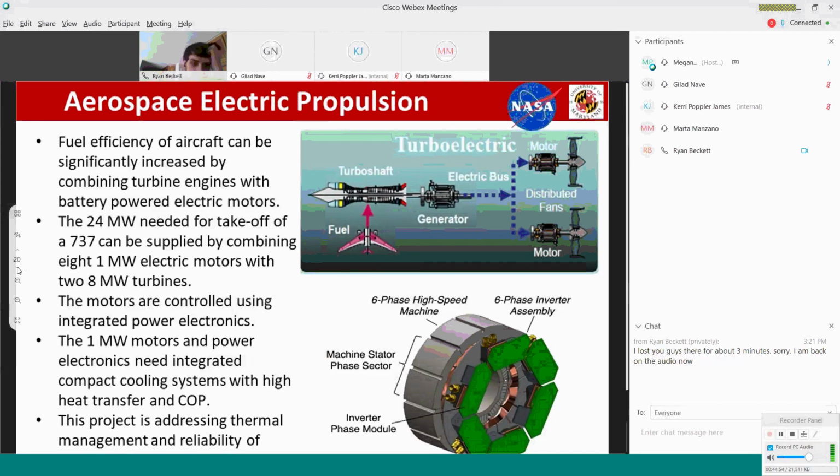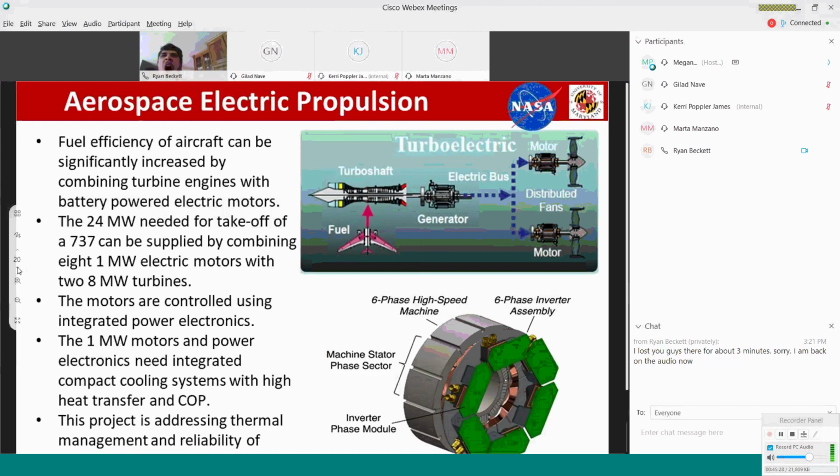Then if the control electronics are also integrated into the motor, then you have to get the heat out of the electronics as well. And in many cases, the electronics have to be held to a lower temperature than the motor can run at. So you're talking about getting all the motor heat out and also all the electrical heat out, and also not having the hot motor affect the performance of the electronics. So there's a lot of thermal management in cooling the motor, cooling the electronics, and making sure that they're isolated from one another thermally while they're packed very tightly together mechanically.